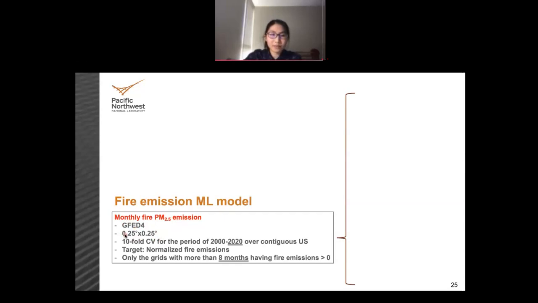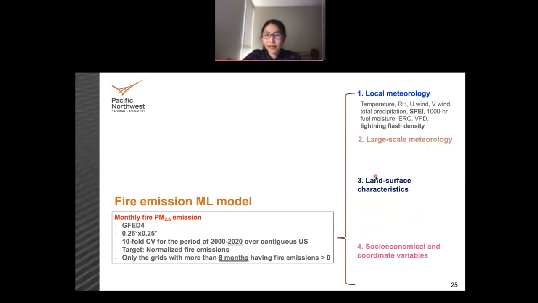Same spatial resolution, but we extend our period to 2020, so that provides us a chance to understand the 2020 large fires. And then we also consider the grids that frequently burn, but we lower the threshold, so we can simulate more grids. And then we use basically the same set of predictors, but we add